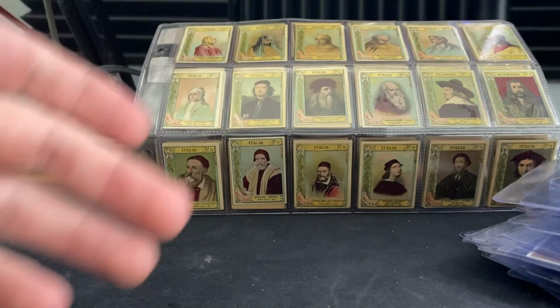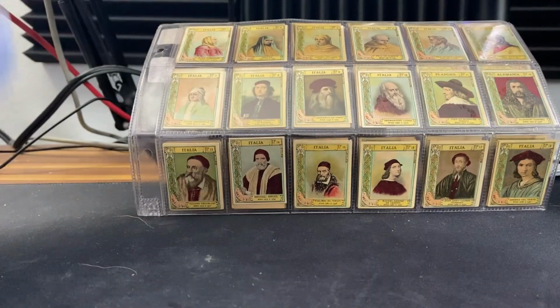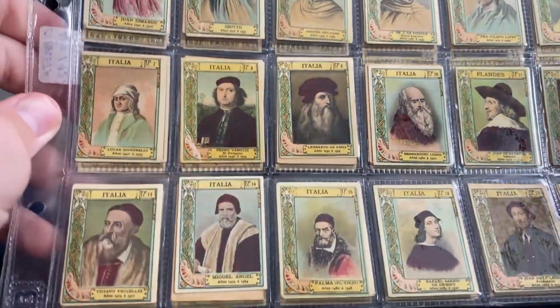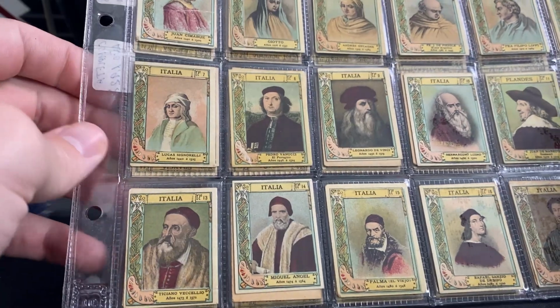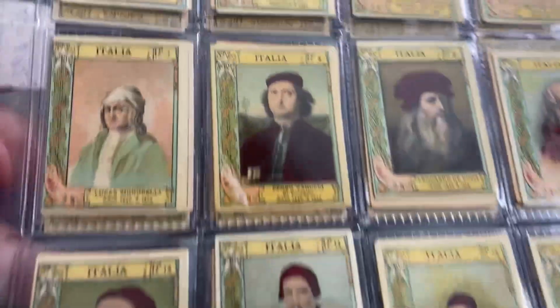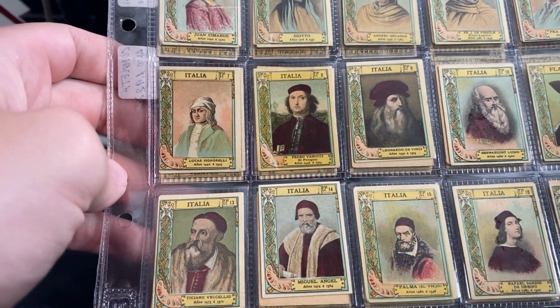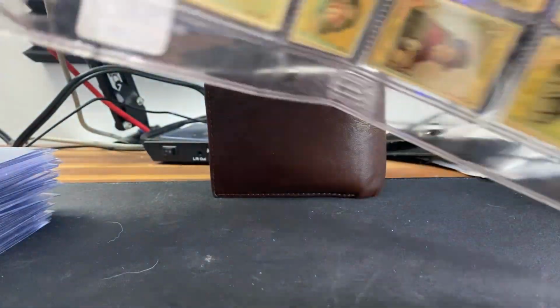All right, let me show you this set back over here. It's been in the thumbnail, or not thumbnail, but in the view the entire time. And all these are off to the side. So essentially this is just famous painters from the 1900s. Obviously, this is a famous painters set produced in the 1900s, not from the 1900s, but Da Vinci's obviously the biggest one in there. But then you also have Rubens in here, Rembrandt, Raphael, and I can go through all these, but